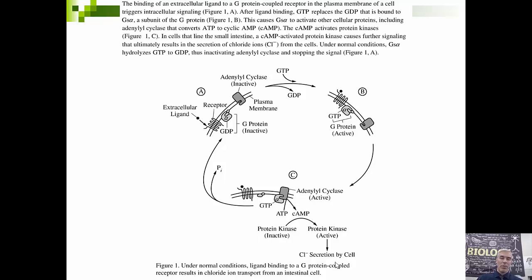Like, what if there's no ability for the GTP to bind here and GDP stays bound? Well, despite the fact that there's a ligand present, we're never going to activate this adenylyl cyclase, and we're never going to properly activate protein kinase A because we're not producing cyclic AMP. And if we're not doing that, you're not going to get chloride secretion by the cell, and that could be